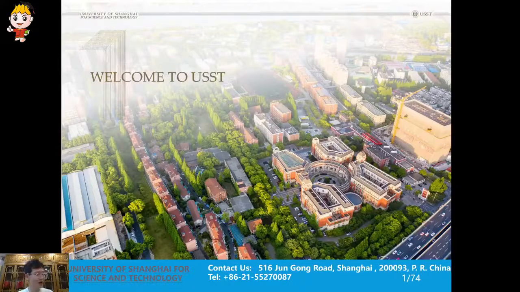We'll write down the website here, and the column we call Supervisor Contacts. Stephen, have you noticed that? Okay, please jot down rso.ussc.edu.cn, admission, and supervisor contacts in this column. Just click either the Chinese version or the English version.